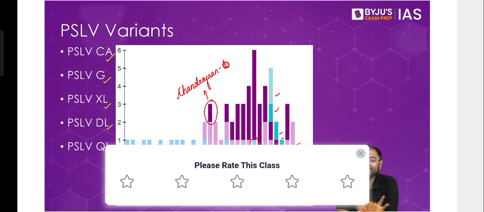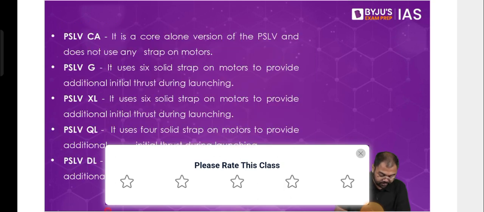It is the bulkiest of all the PSLVs. So that's why launches beyond 1200, 1300 kg, up to 1500, 1600 kg, will be done by PSLV XL. So these have been the variants, and PSLV XL has been very, very significant. If you just look at the later half, you'll see that most of the launches that have happened thereafter have happened with the help of PSLV XL. So that's why PSLV XL has been very, very significant in the context of all the launches that ISRO has been doing.